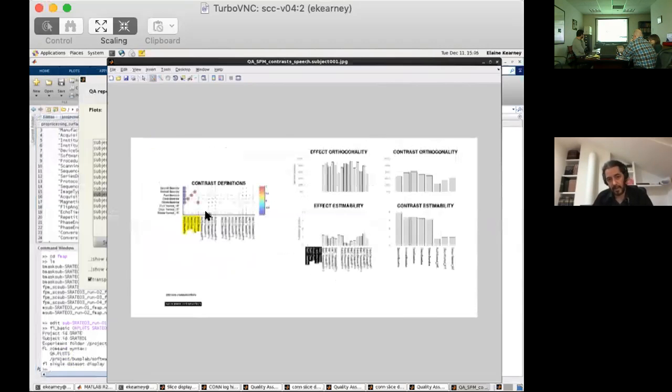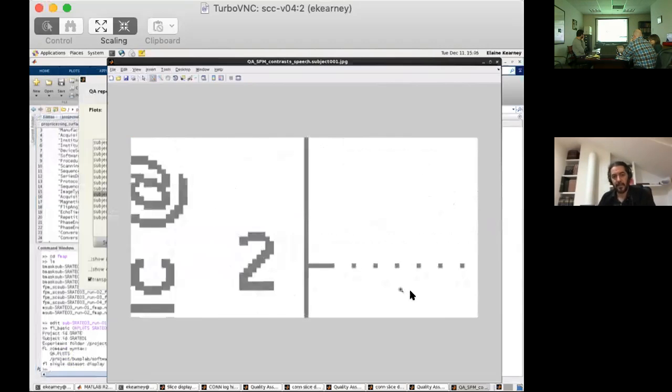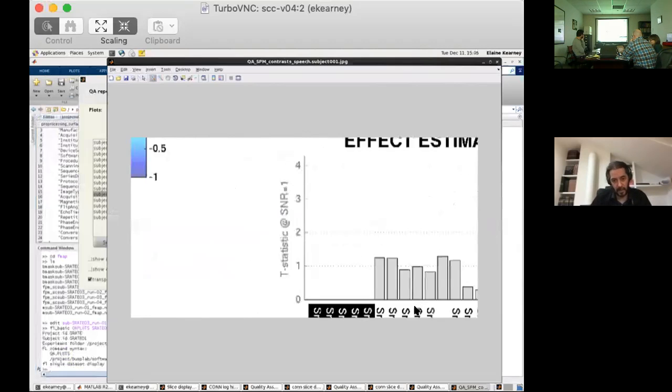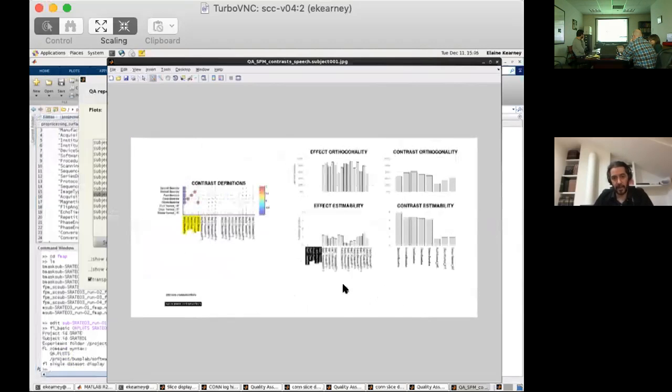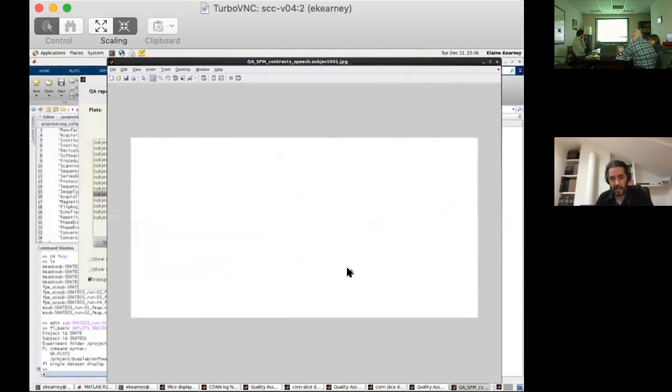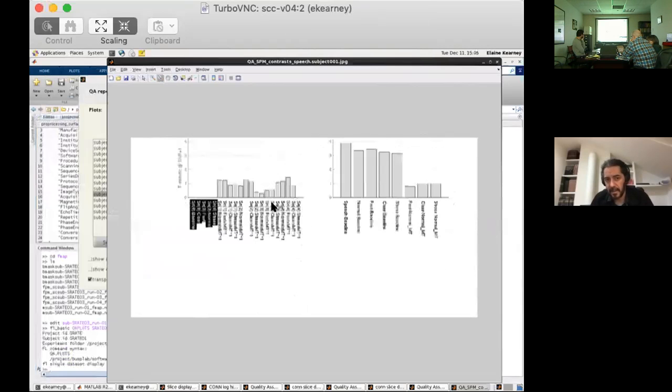So if you have some condition that is very correlated with motion or something like that, then you will see that that condition is not very orthogonal in the contrast or effect orthogonality plot, and you will see that the sensitivity for that plot also goes down. But that doesn't seem to happen in here so much. So can you,